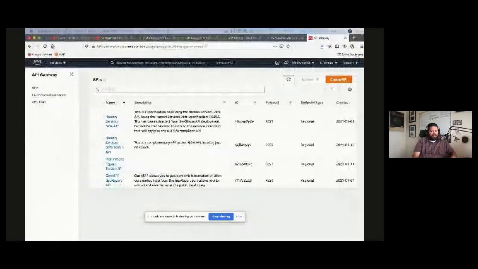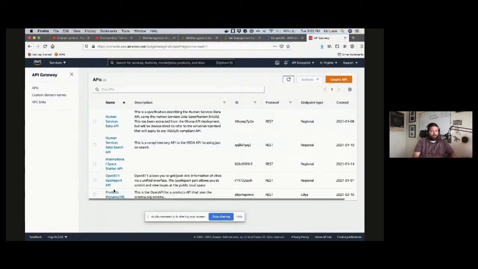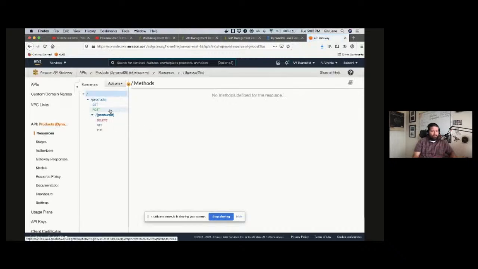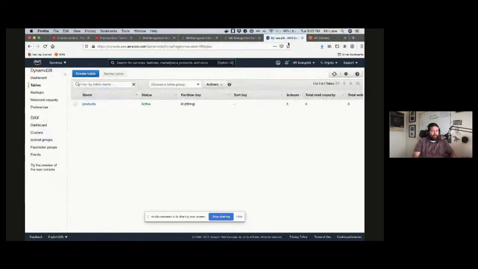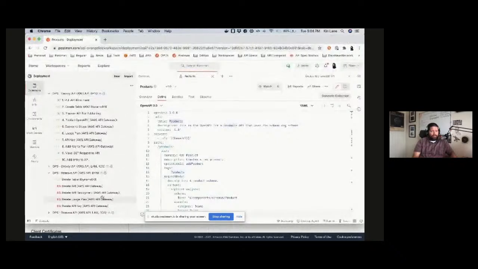AWS API Gateway, because here's the actual console. We hit refresh. Here's our products database with our endpoints from the OpenAPI. And if we go to the DynamoDB, here's our products table where we're actually storing that. And that's it actually functioning. So now we should be able to